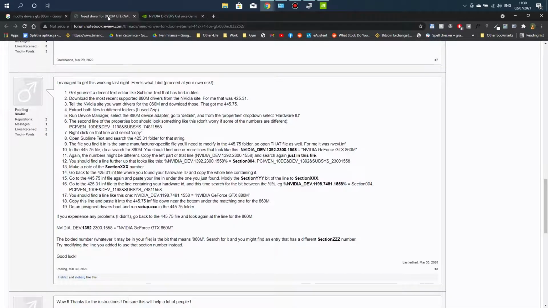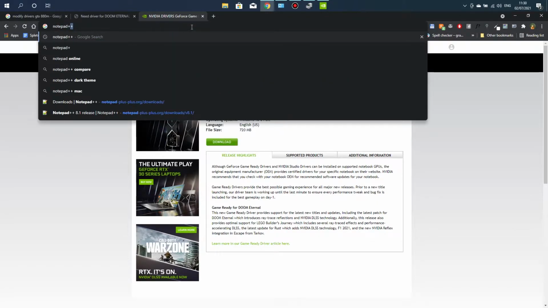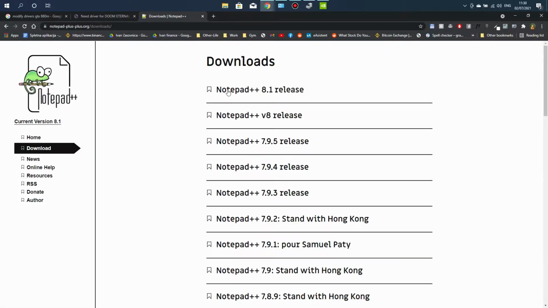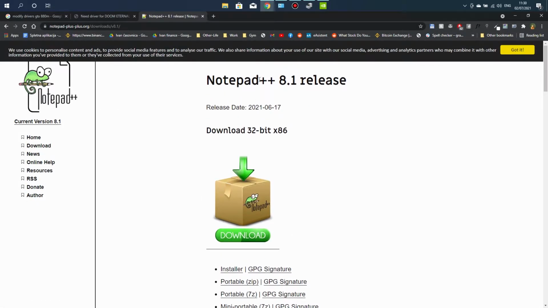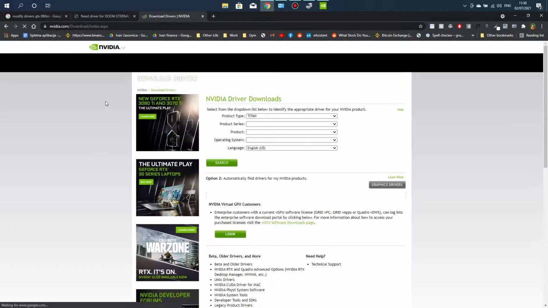So, how do you do this? First thing you'll want to do is download Notepad++ because you will be needing to search in files. Type Notepad++, go on desktop, find the first link and download it. Once you have that downloaded, the second thing you'll need is type in NVIDIA drivers on Google and go on